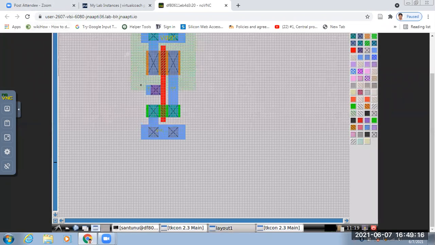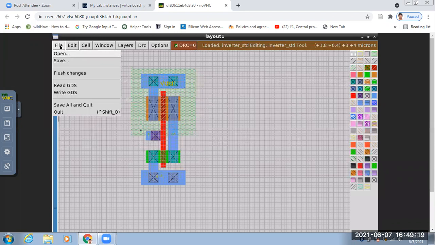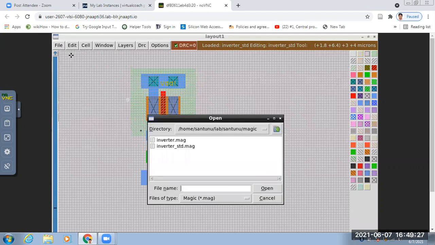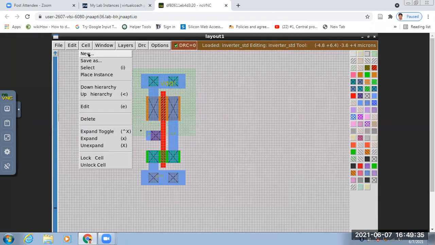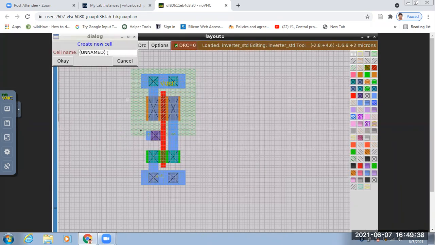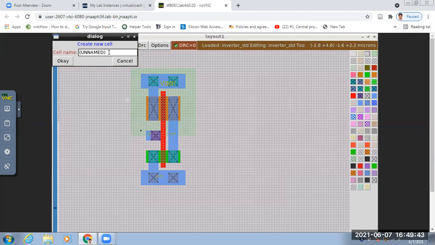So what you will do: file, save, new. Give the name NAND.